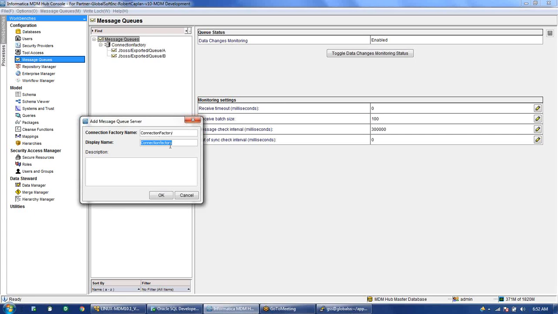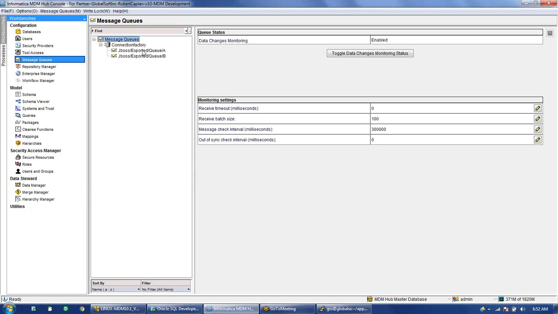Like this, we can first register the connection factory, and under the connection factory we have to register the queues. There are two types of queues. One is called the inbound queue and the second is called the outbound queue. An inbound queue is a queue which will take the data and put it into the MDM tables.